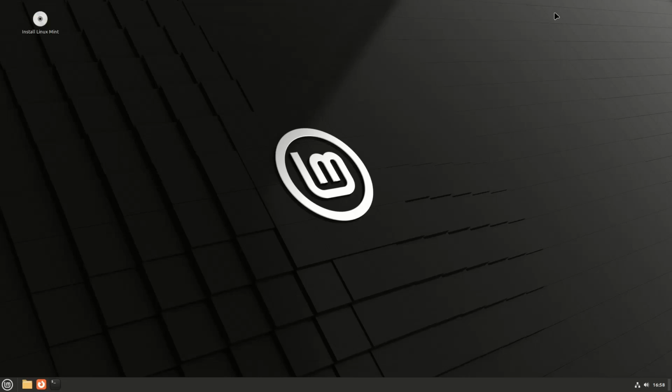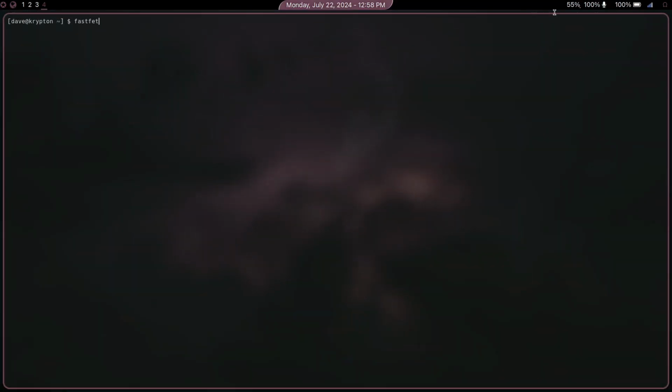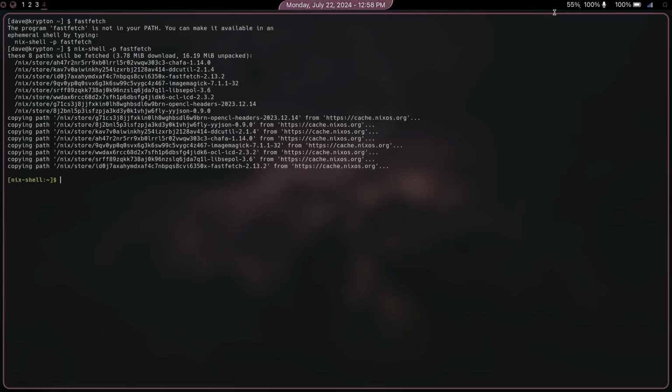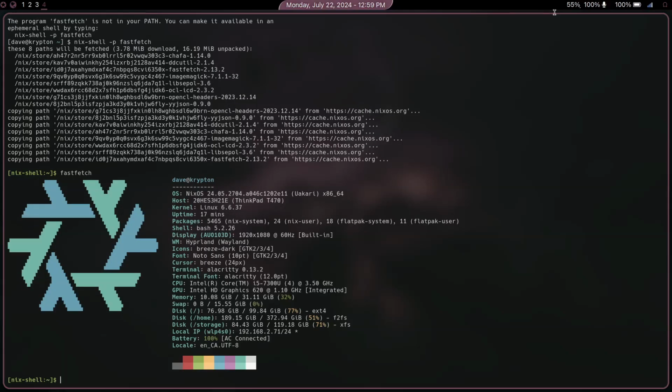If you just take a look over here, you'll see this is what I'm using right now. Okay, so I don't have fastfetch installed, but you can see right there the nix shell -p fastfetch. That's going to show you that I have something else installed already, and it is in fact NixOS. So I do a fastfetch, and we see all of the stats that we have, and I'm using Hyprland